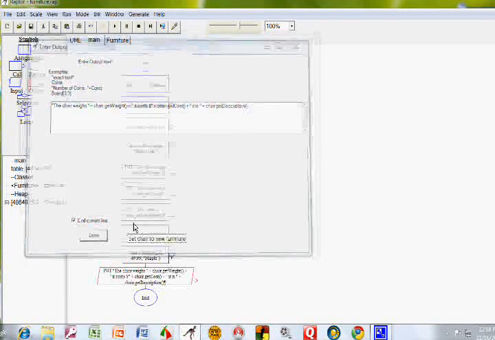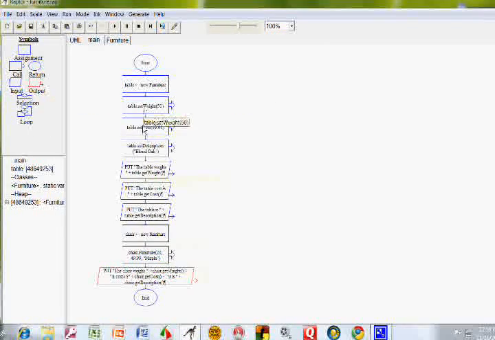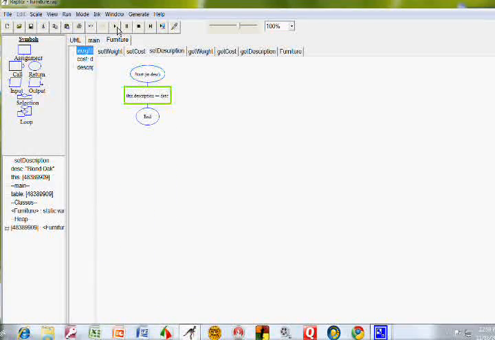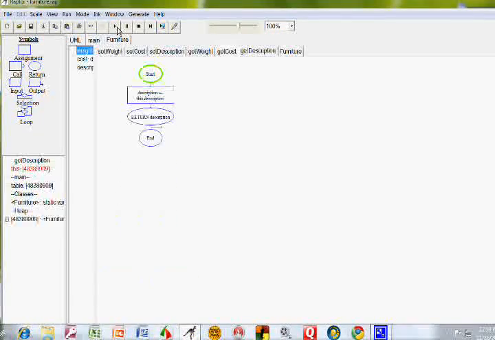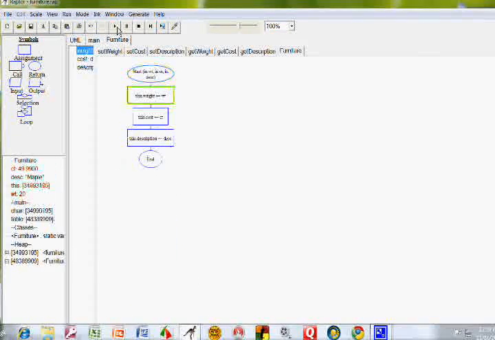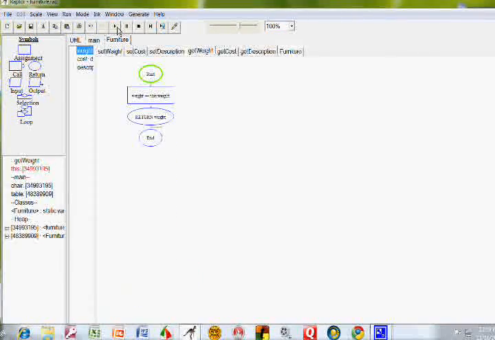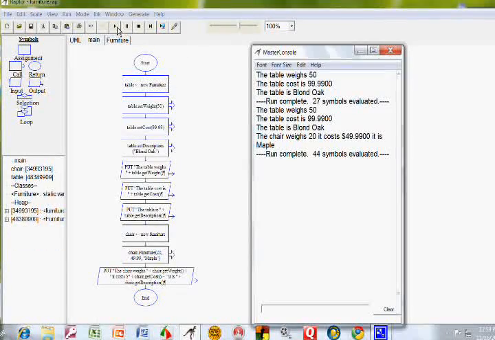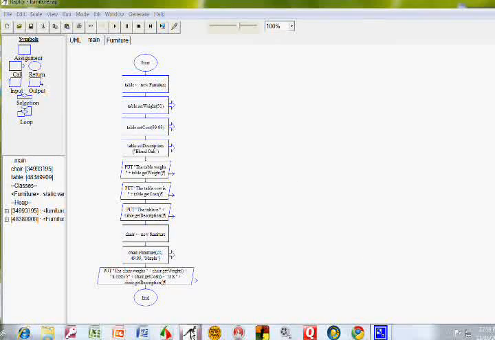Okay, done. So this was a little bit shorter than all the code I used up here. Of course, I could have combined these put statements into one, but let's run it again and see if our new object chair actually gets loaded, and if all the calls to the get functions work and our constructor works, so that we have all of that in our output screen. And of course you can watch it over on the left in the watch window. So here's my table, 50, 99.99. It's blonde oak. That was all hard coded up here. But my chair, remember,